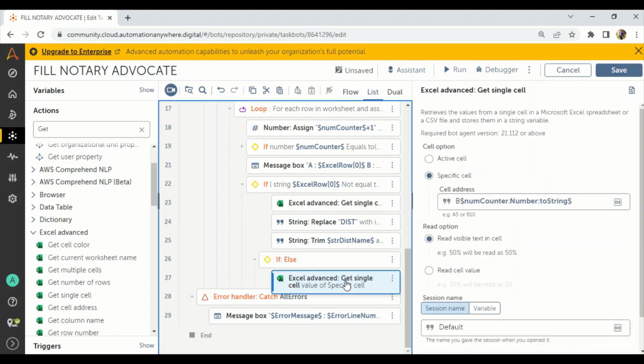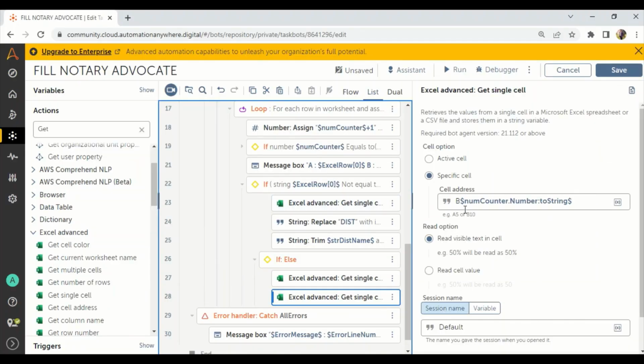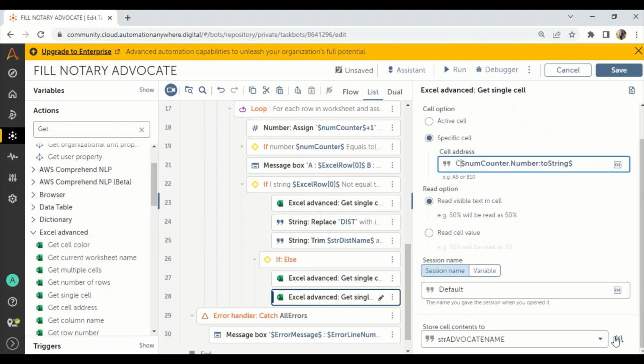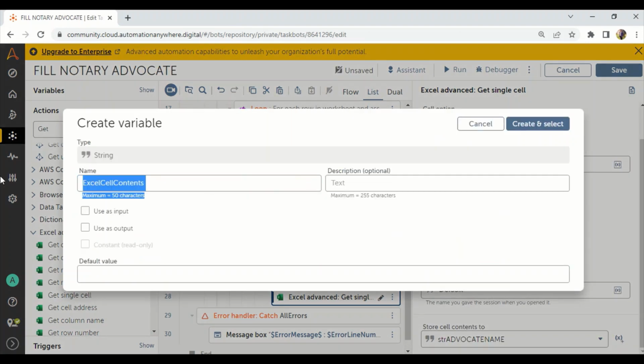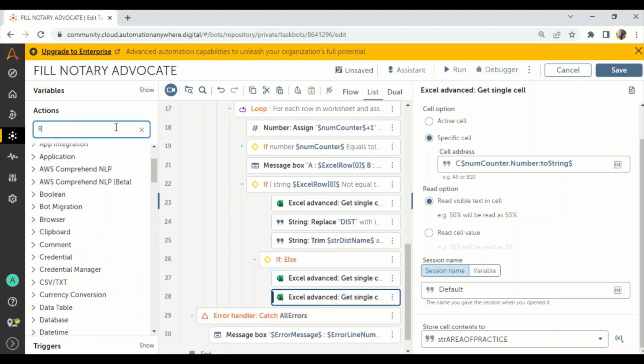Same way I need to get the data of your area of practice, right? That's why I have to take the area of practice variable. To get that, I have to make it here C and create a variable called str area of practice, right? So like this, I'm creating a variable. Both variables I have created. Now I will take a record option,